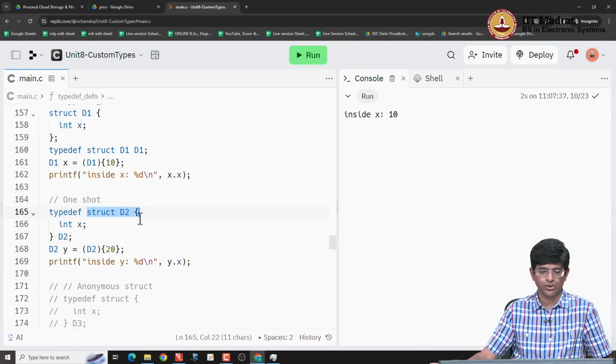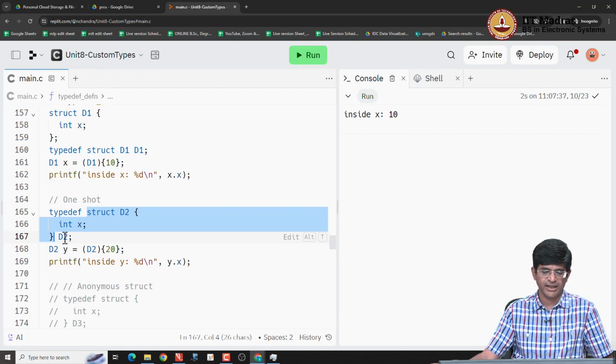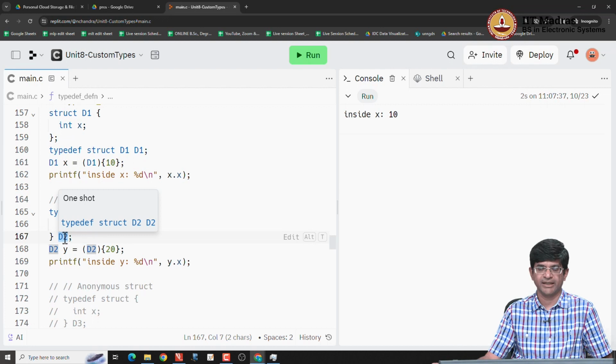So the struct d2 etc. and this d2 out here, the second one, is what is important, that is the one that is actually defining the typedef. In other words, everything out here is the source of what your new type definition is, and this d2 is the new type that is getting created, right. So you have a source of a new type and the name of a new type that